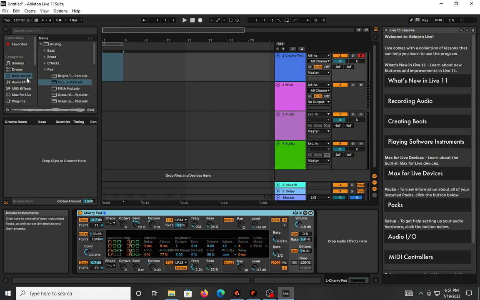Or vice versa, if I have the sampler and I throw a loop into the sampler, or simpler, pardon me, it's going to match the tempo into the sequencer of my project, which is cool. So it takes a lot of the leg work away, which makes it easier for you to focus on meshing the audio together or chopping up beats or whatever it is you need to do,